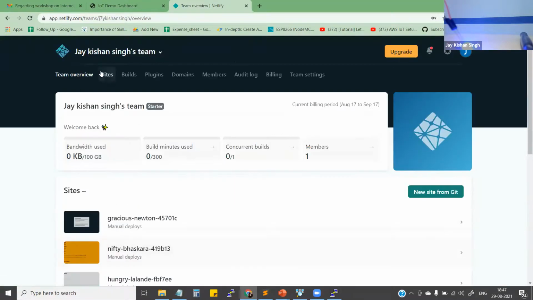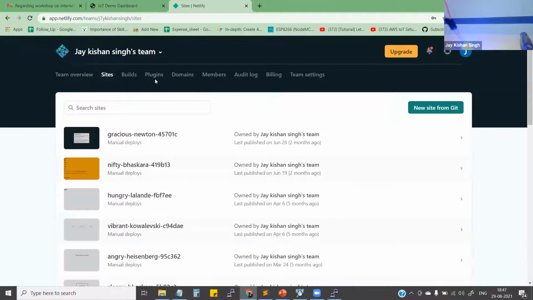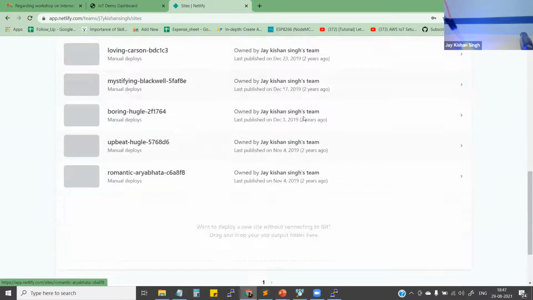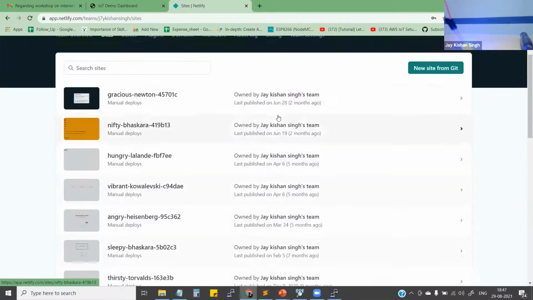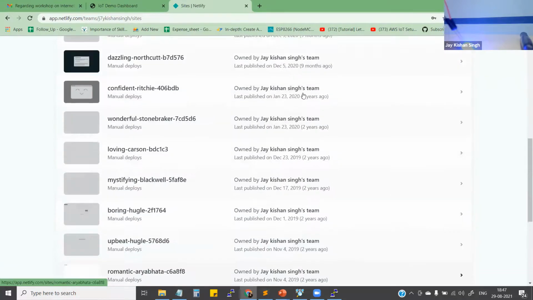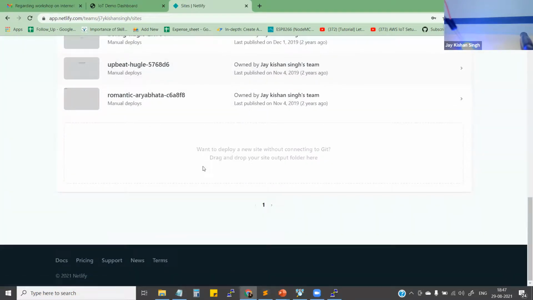Fine. So let's just go to the site section. That's where I'm going to see a lot of other applications already deployed by me, maybe for other clients also. Okay, so I'm just coming to this bottom section right here, and see here it says Romantic Aryabhatta. It does not allow you to write your own names. It gives you some default names. So that's why you guys can see Upbeat Uncle. I don't know what that is. And some other names. So now this is the time we're going to deploy our website that we have built.